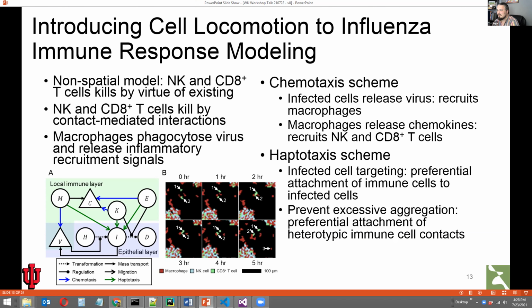You have CD8 plus T cells that migrate all over the body and arrive somehow at, say, an infected cell, and then through contact-mediated interactions induce apoptosis.